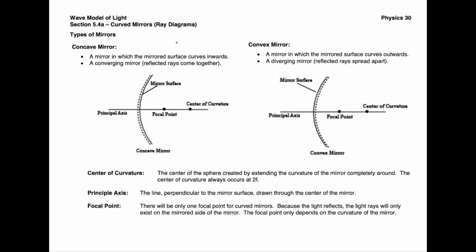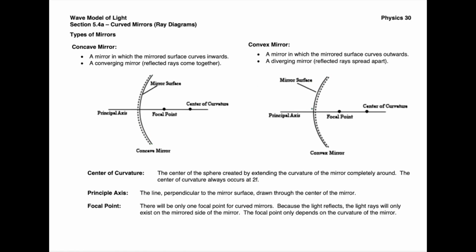So the next ones we're going to look at then are the ray diagrams for curved mirrors. Now there'll be a lot of similarities between the mirrors and the lenses, however, also a few key differences. So first of all, we still have those terms, the concave and the convex. They have a similar sort of meaning. So a concave means that you have that inward curvature to this one overall, and then the convex, you have